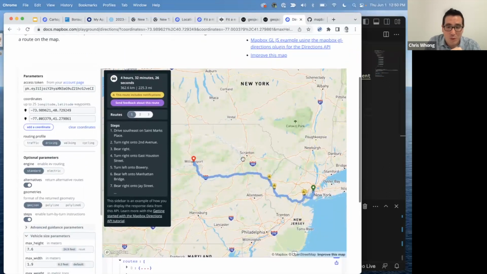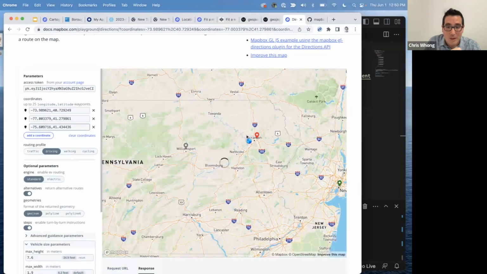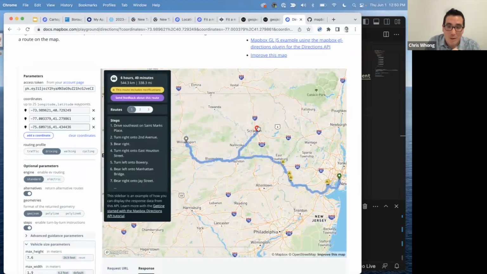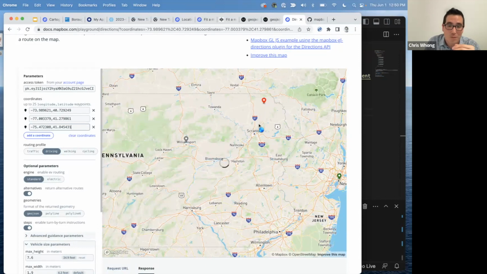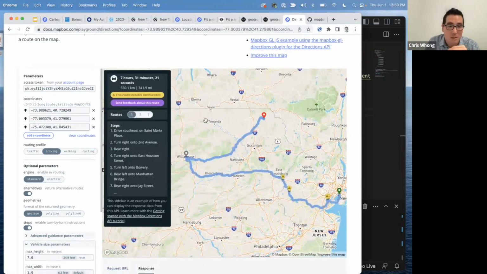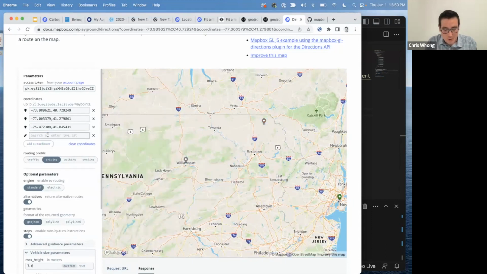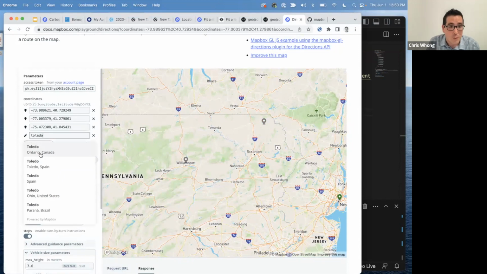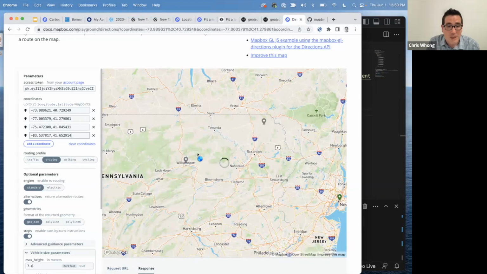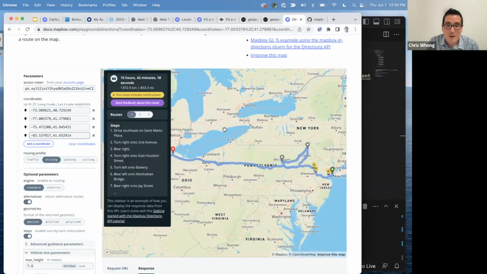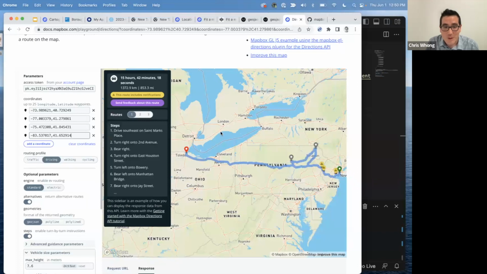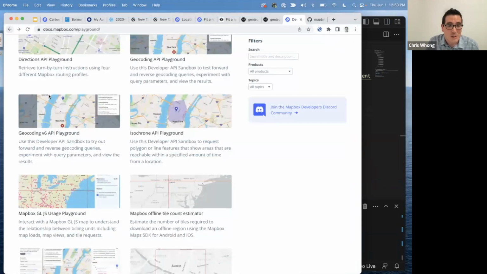You can also do multiple coordinates. If you click again on the map, you can add multiple stops to your route. So you can see what it would take to go from New York City to Williamsport to Scranton, etc. We also added this last fall, where you can actually search in here. If you don't know the coordinates of a place and don't want to click on the map to find it, you could search for Toledo, Ohio, and it'll just add it. Now we have 4 waypoints for this route, and it's going to take us all over the place. So anyway, that's the Directions API Playground. Definitely check that out.